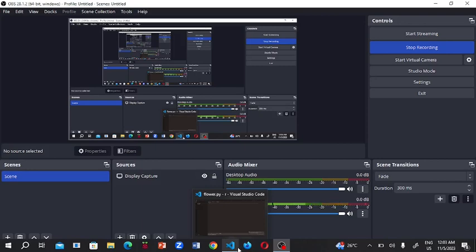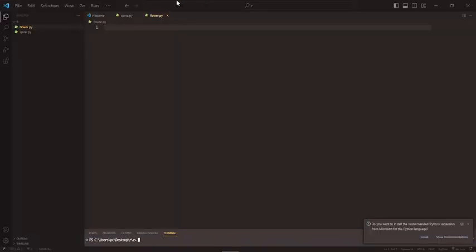So first, we're going to open VS Code and then you'll have to open your Python file. Then write from turtle import asterisk, and after that you have to write